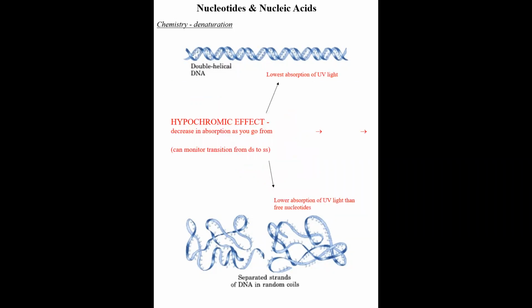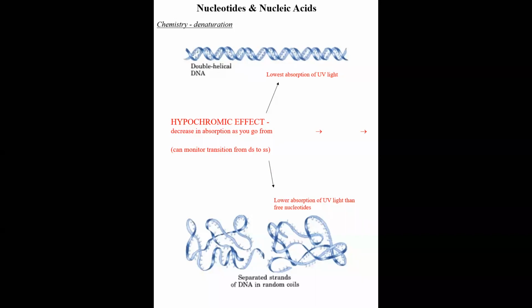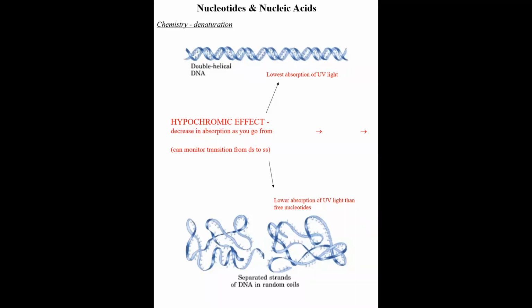Basically, DNA absorbs light in the UV range. I had earlier explained to you all how one can check the concentration of DNA in a solution. If we take the OD at 260 nanometer, then it will tell us about the concentration of DNA. So 260 nanometer is UV light. DNA absorbs in the UV range.